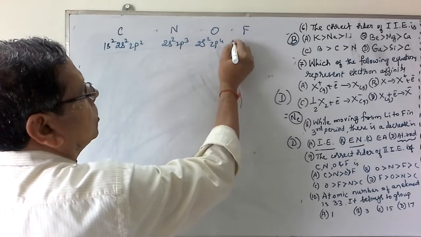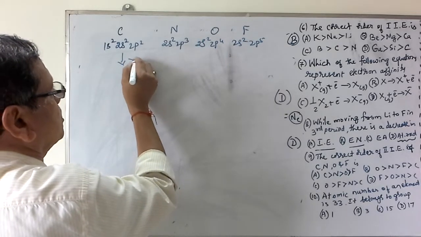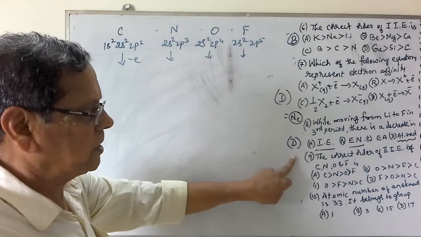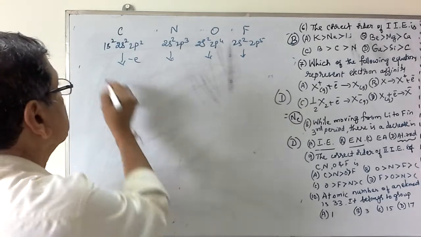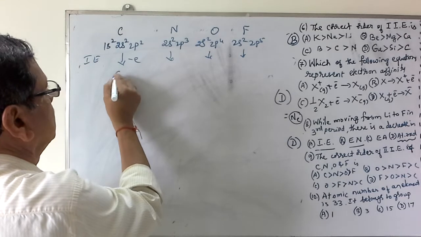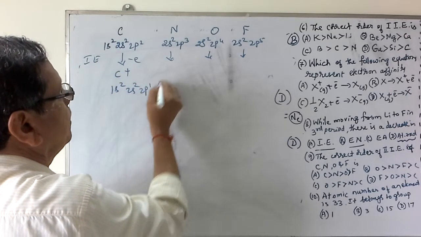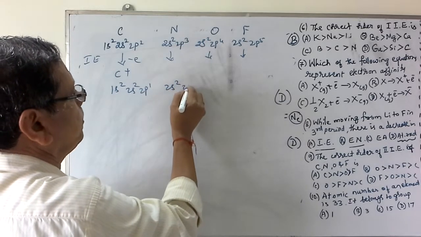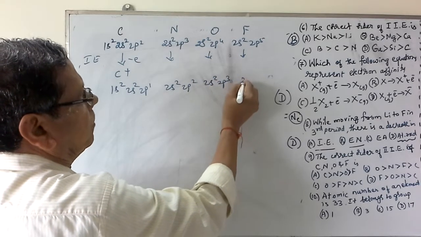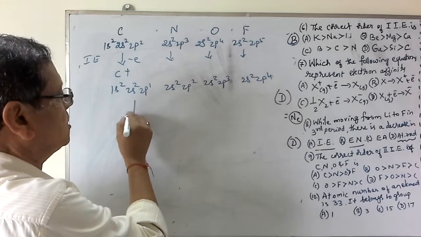For fluorine, 2s2, 2p5. When one electron is lost in all of these, we get the first ionization. The configuration for C plus becomes 1s2, 2s2, 2p1. For this one it becomes 2s2, 2p2, for this one 2s2, 2p3, and for this one 2s2, 2p4. Now for the loss of the second electron,